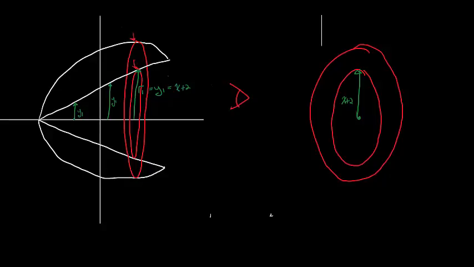How do we get to this top portion? How do I get from the x-axis to the top curve? This is just a value of y2, and that value of y2 was equal to 4 minus x squared. And if I go from here to here, this is also going to be 4 minus x squared. So we've defined our inner radius and our outer radius in terms of x,